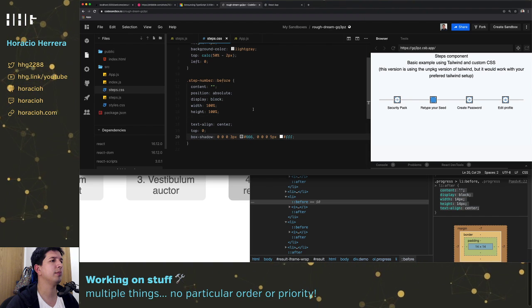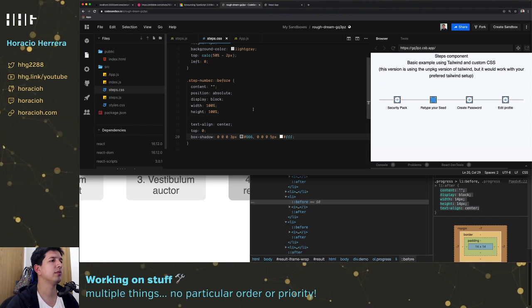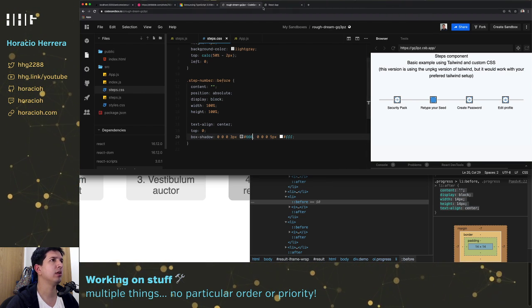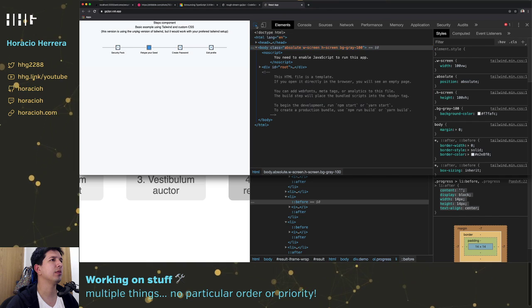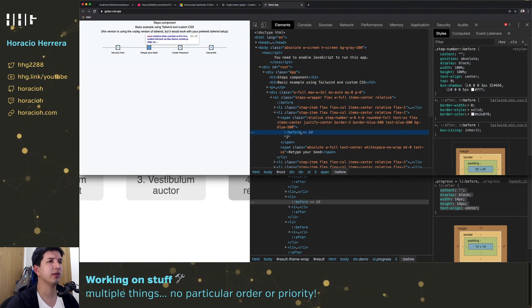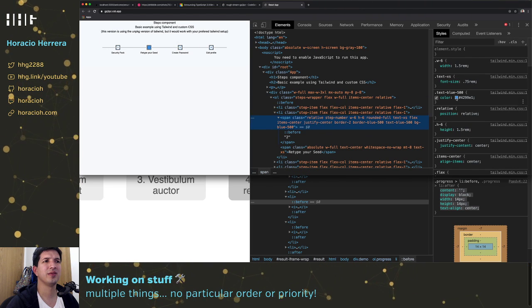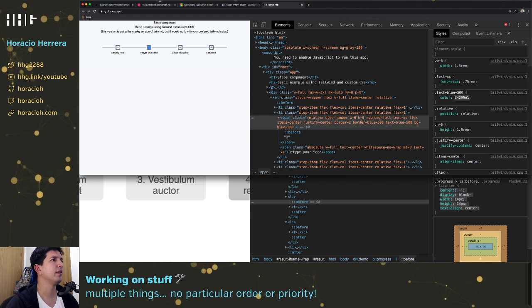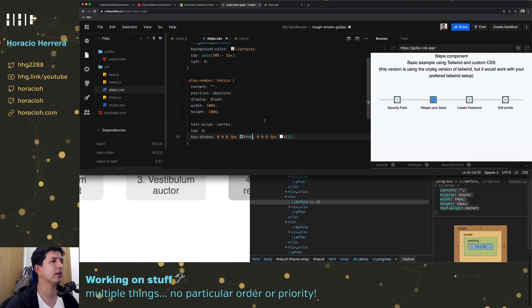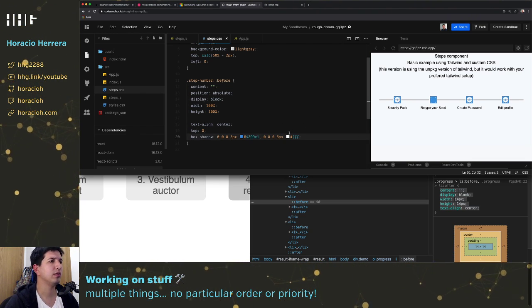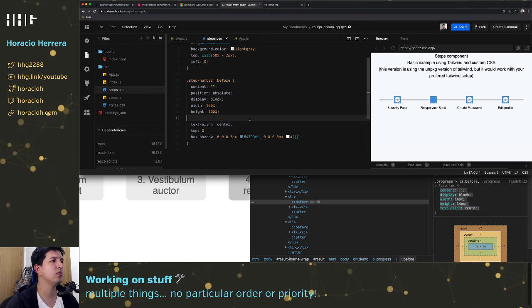And the box shadow, I need to put it here. So let me just go and inspect the color. Okay, go back, paste. So now I can do